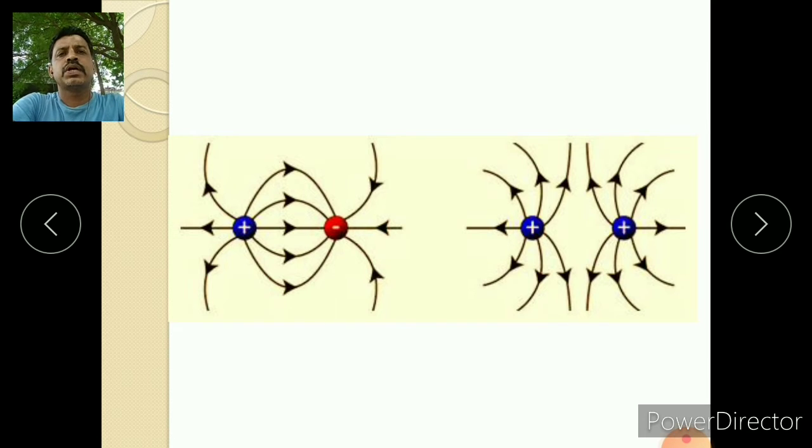What happens when there are opposite charges? There is attraction between those two charges, so the charge moves from positive towards the negative charge, being attracted towards it. If we consider the same charges, then there is always repulsion. In case of same positive charges, the charges move away from each other, and you will see straight or curved electric line paths there.